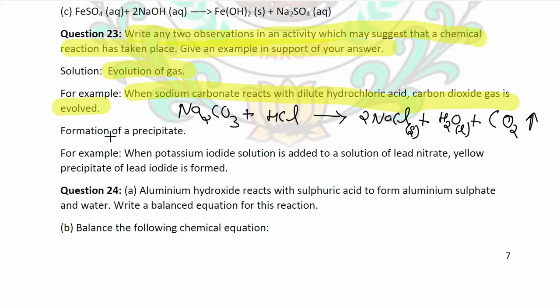Next, formation of precipitate. When a solid substance is formed by mixing two liquid substances, it is also a representation of a chemical reaction, which is known as precipitation. So for this, when potassium iodide solution is added to a lead nitrate solution, what will happen? These two are colorless solutions. It will convert into a yellow colored solution,